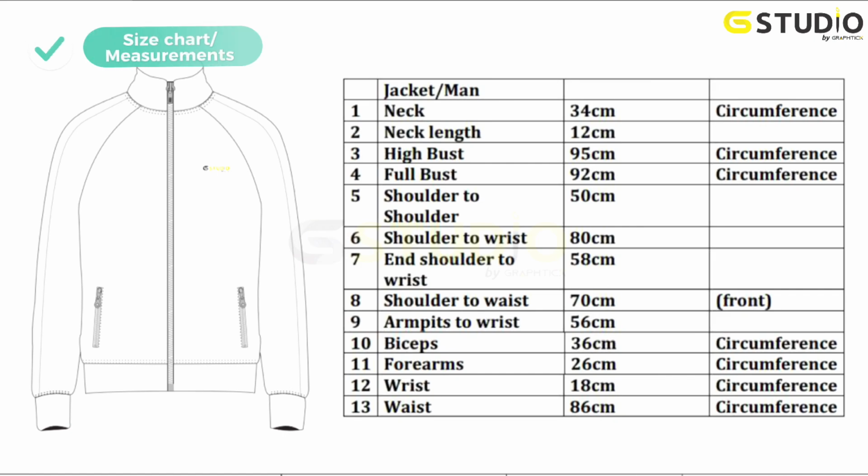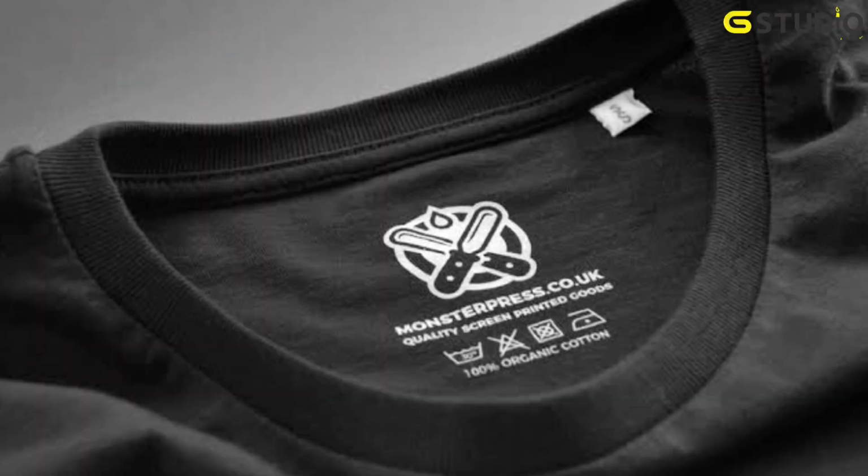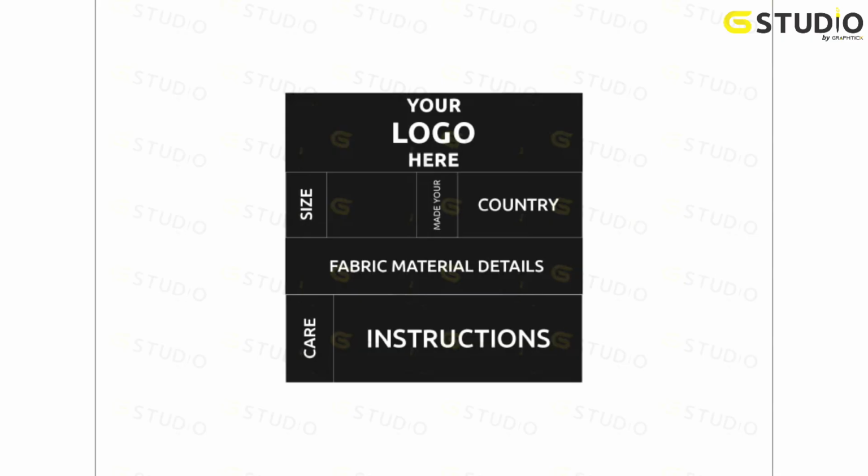The next phase is the size charts, or you can say measurements. In this phase, we need to put all the details in terms of size chart, measurement, and size grading. We need to explain each and every detail in terms of measurements. The main label is basically a neck label, which we put on the back of the neck in the garment. We need to put the details regarding our brand and the particular size of the garment, and also which country is producing that particular garment. These are the details we need to put on the main label, or neck label.